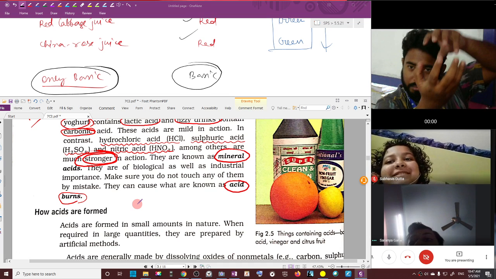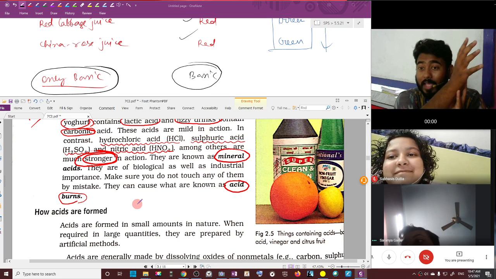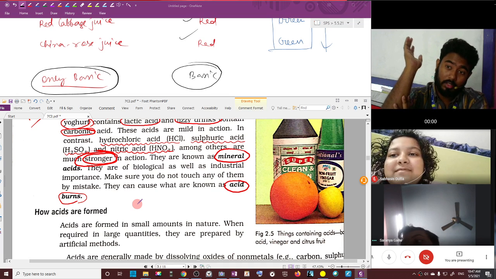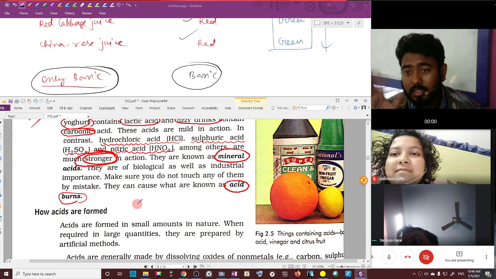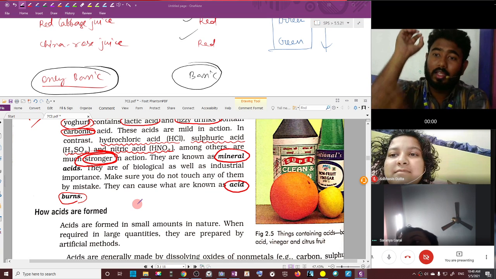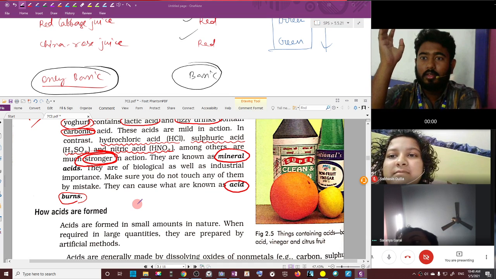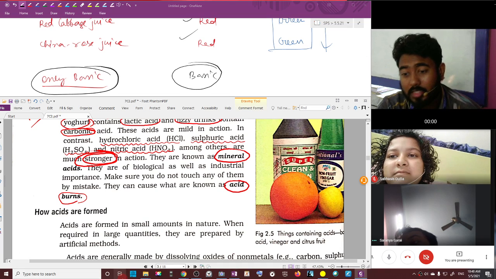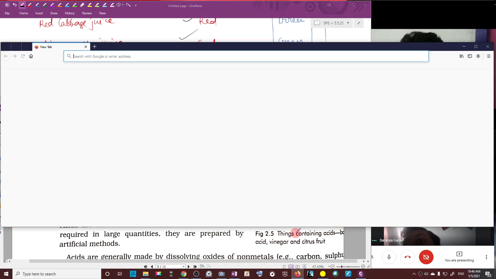Now, what is acid burn? Suppose you drop a bit of acid on your hand. What will happen? Your hand will burn. Now, that burn is different from a hot water burn. These burns are irreparable. You cannot adjust this kind of burn. It's very bad. Your tissues will die instantly. They will burn out like plastic. And those burns are very dangerous. Let me show you how acid burns look. If you feel disturbed, you can close your eyes, and if you want to see, you can see.